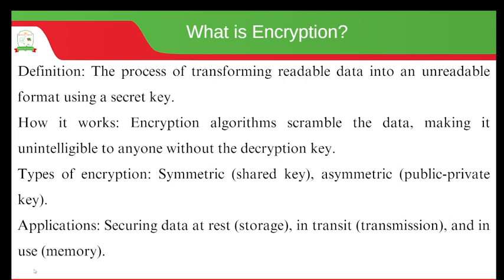Algorithms scramble the data, making it unintelligible to anyone without the encryption key, the secret key. That simply means whoever tries to access this data cannot understand it. Therefore, it becomes very difficult for them to